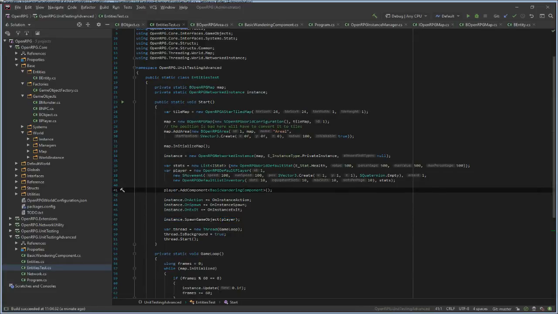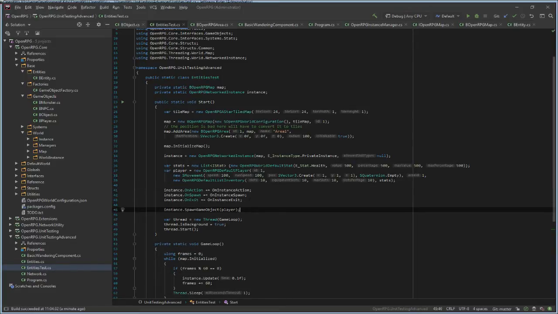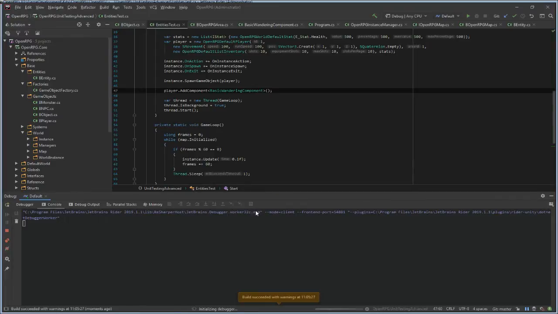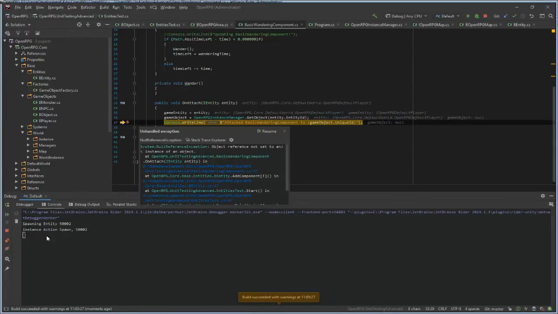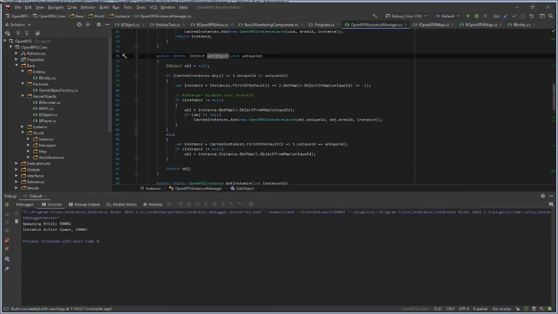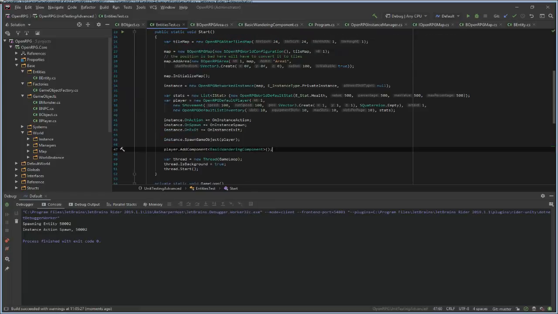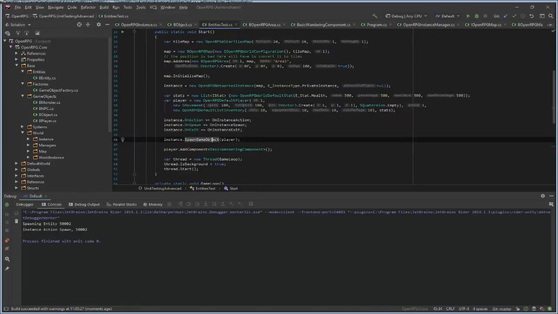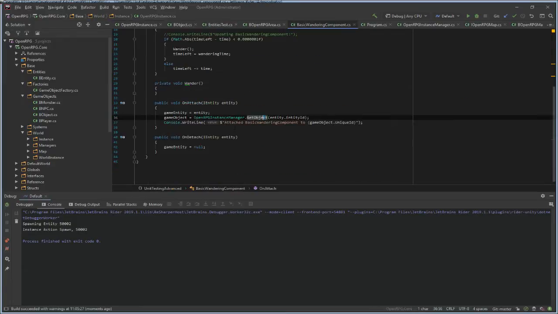So if we move this here, it will definitely work. Oh shit, I spoke too soon. Oh, don't do that to me, please. What's the issue? What's the issue?